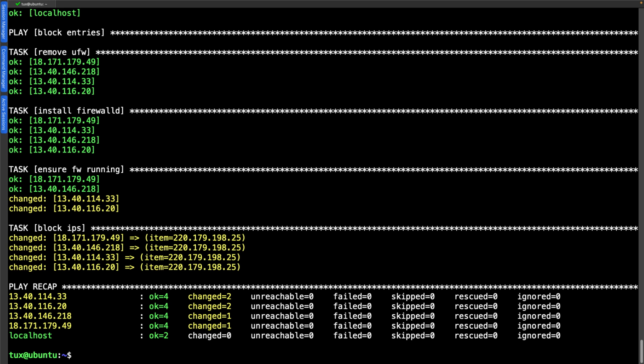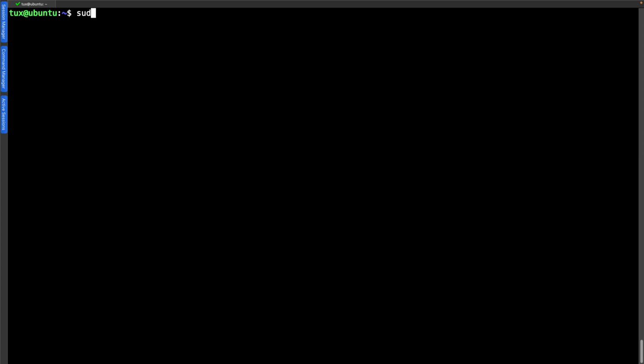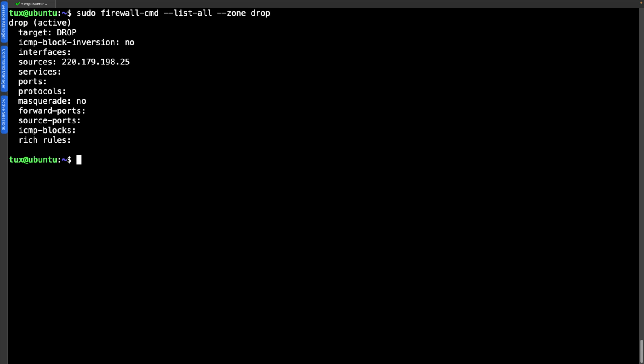So now we can go through and even just on this system, although I know it will be on all of my systems, if I go through then and check my firewall-cmd command, when I go through and check on this, where if I list everything, so list all from my drop zone, so --zone=drop, we should then see the entry for the IP address. Now I know it's only one IP address that we've added, but it will progressively be more as we start capturing more IP addresses that are being used to try and access our system as root.